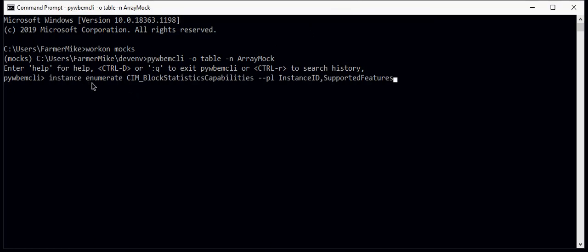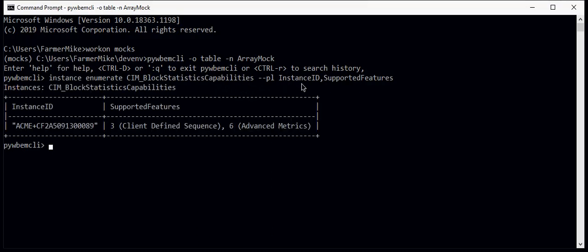So we're going to do an instance enumerate on block statistics capabilities, asking for instance ID and supported features. And we see it has 2 supported features. One is client-defined sequence, and I'll explain that later. But it also has the value 6 for advanced metrics. So our mock array does indeed support